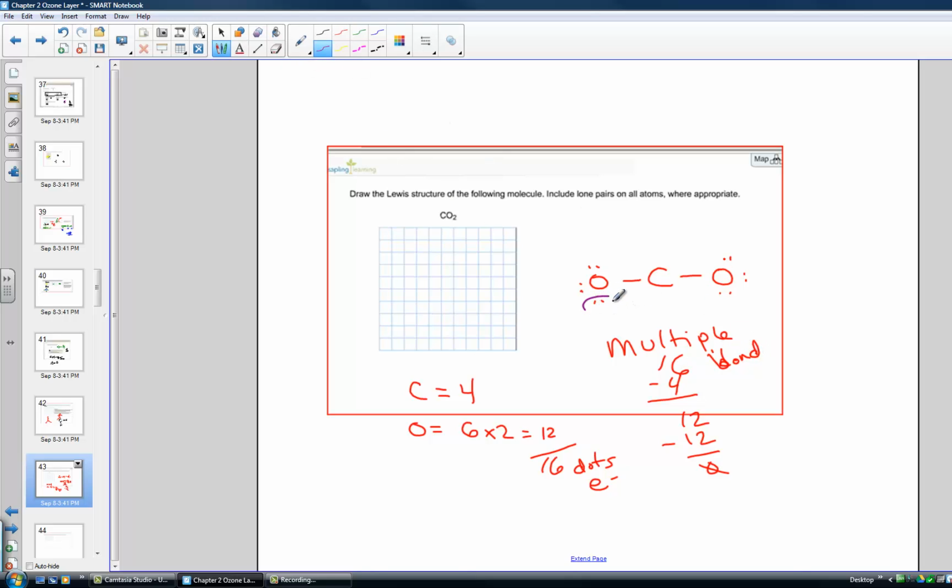So watch what I'm going to do. See these 2 electrons here? I'm going to bring them up and make a double bond. See these electrons here? I'm going to bring them up and make a double bond. So now, by forming a multiple bond,